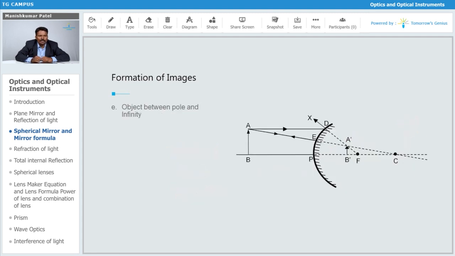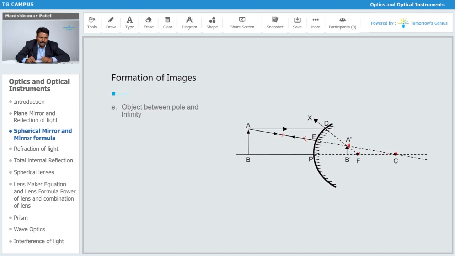Now based on that, similarly for your convex mirror also you have to do the analysis. The object AB is placed in front of the mirror, so you can see that again there are two rays, one passing through the center of curvature. It will strike this mirror surface and reflect along the same path. So that means the ray has to pass through the center of curvature for this mirror. Another one, the ray which is parallel to the principal axis, will get diverged, and it is supposed to originate from this principal focus. The two rays are supposed to converge over here. So this point we are going to call A dash. So that is a virtual image.